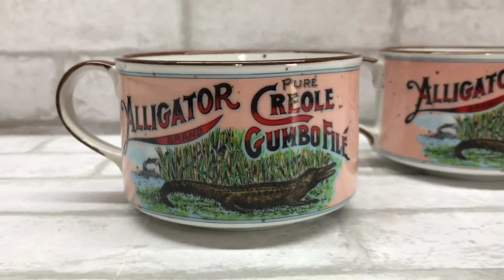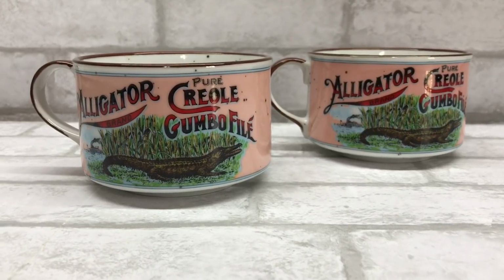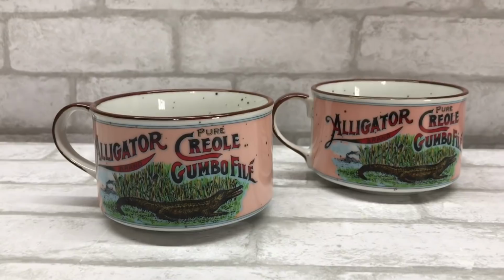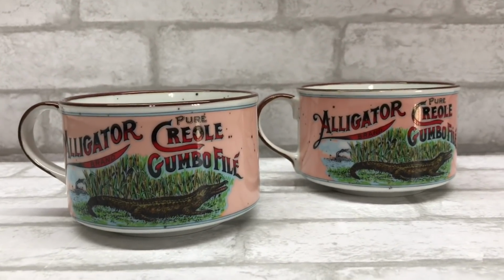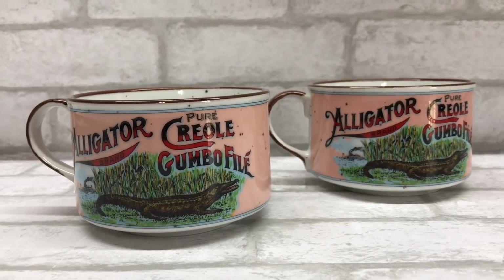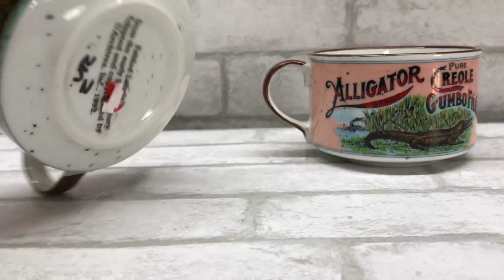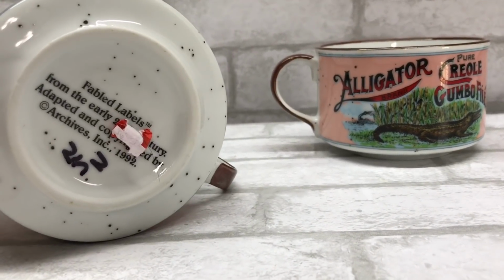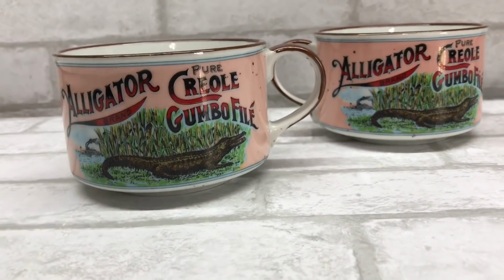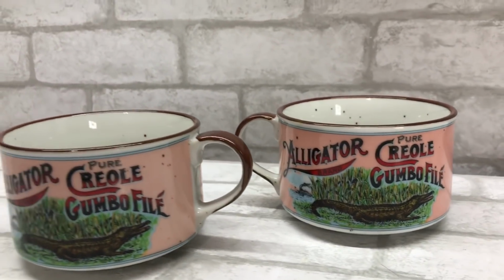Okay, so next, look at these gorgeous mugs. These are so cool. I'm thinking they are some of the Gumbo soup style mugs, like we have the Campbell recipe mugs and stuff like that. I think that's what these are. And these are vintage fabled labels from 1992, and they are this gorgeous speckled pottery with the brown trim. Got the little gator swamp on there. It is Alligator brand